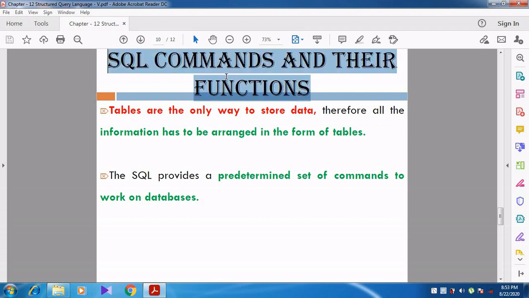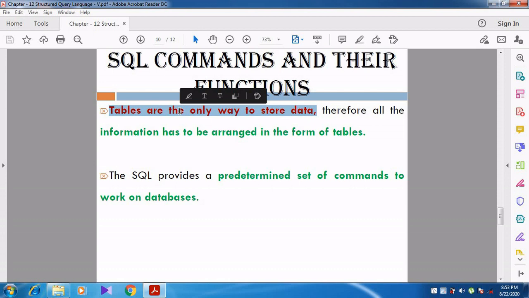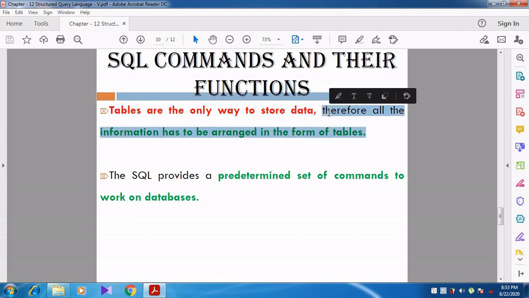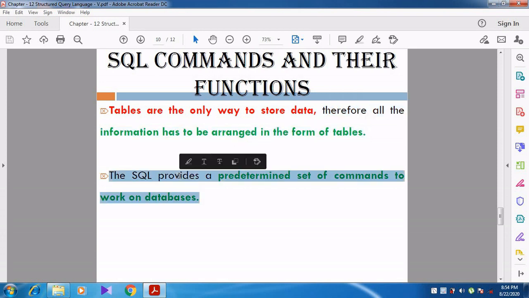Now we are going to see SQL commands and their functions. We know very well, whenever we create the database, after creating the database we want to create the table, because the data is stored only in the table. So tables are the only way to store the data. Therefore, all the information has to be arranged in the form of tables. SQL provides a predetermined set of commands to work on the databases.